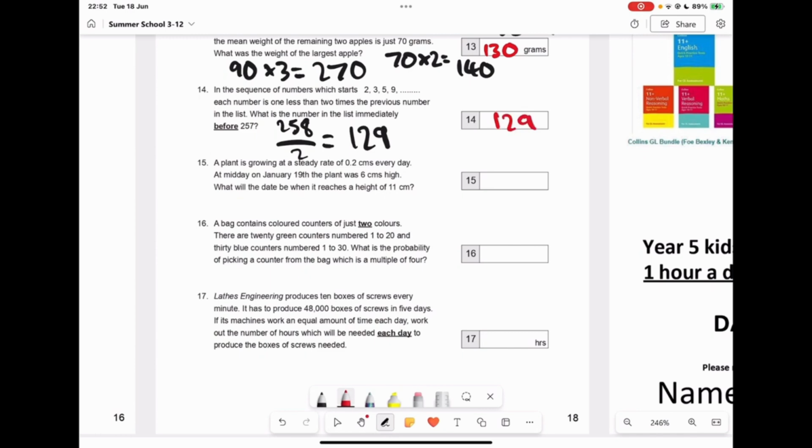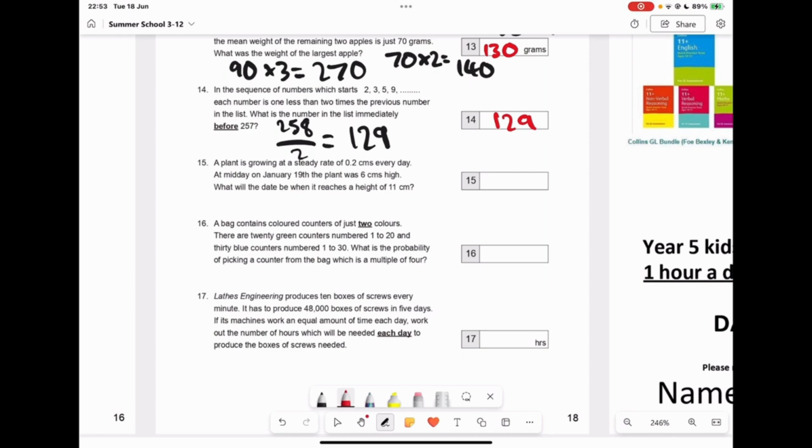Okay, question 15. A plant is growing at a steady rate of 0.2 centimeters every day, and at midday on the 19th of January, it was 6 centimeters high. So what will the date be when it reaches 11 centimeters? So, if it was 6 centimeters on the 19th of January, we know that it still has 5 centimeters to